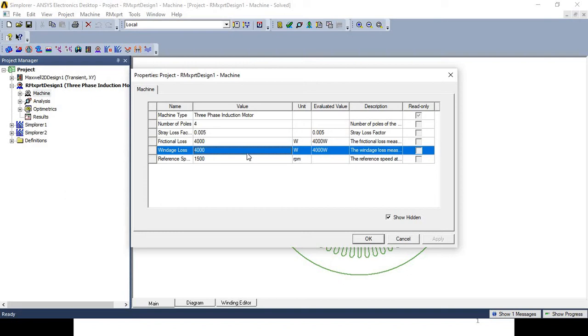But if you select the windage loss as 4 with unit kilowatt, then the evaluated value will be displayed as 4 kilowatt. Okay, then the reference speed is 1500 RPM. That is, we have given the input which is required for the machine design.